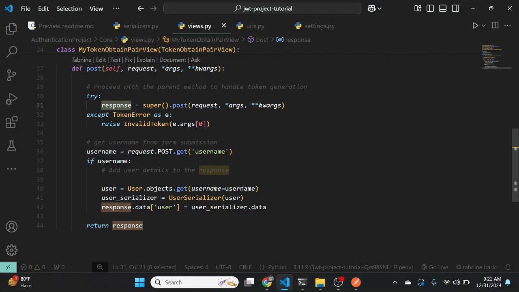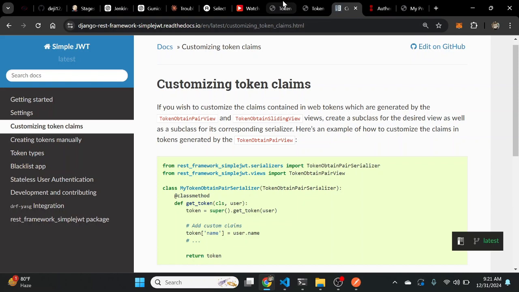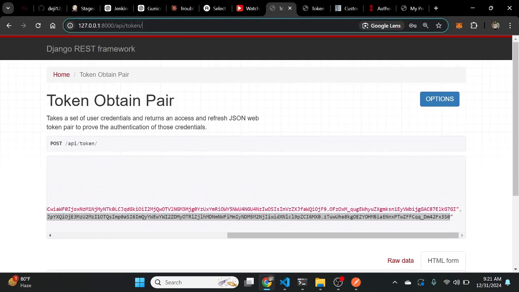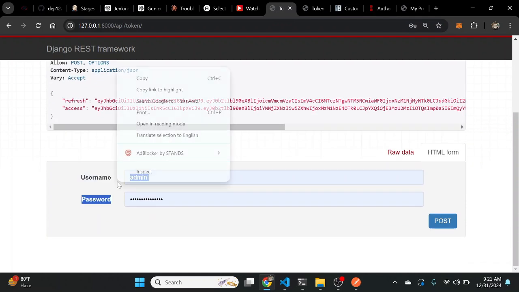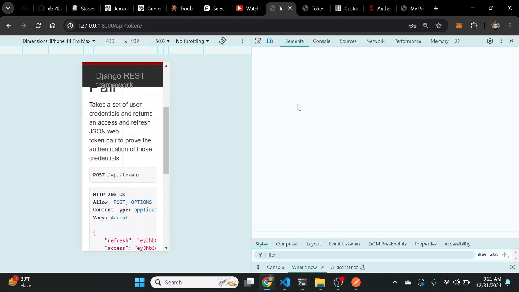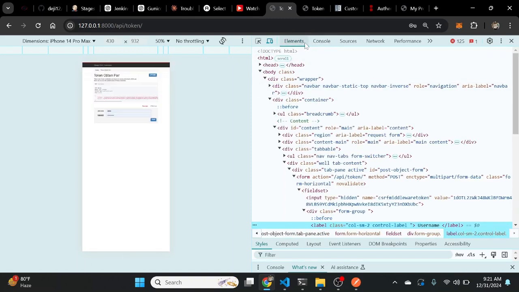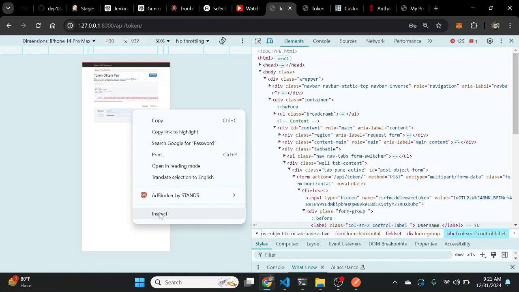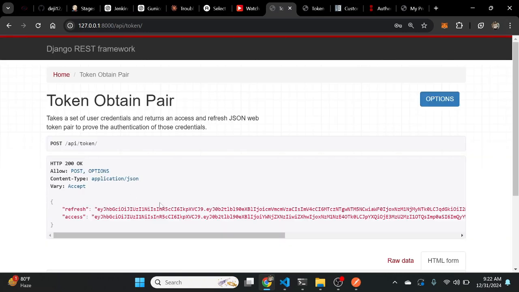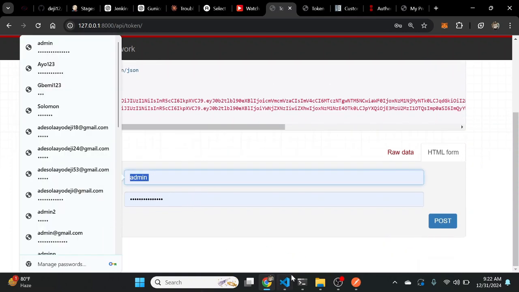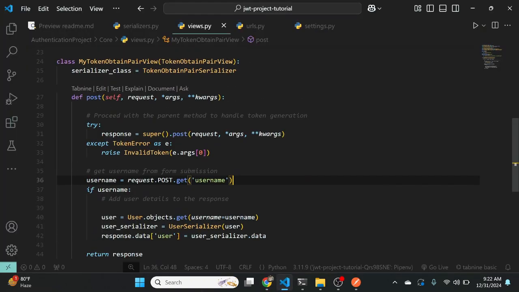So what we're going to do is first get the username that came with that post request. Because if we head back to the endpoint, this token view, which is the view that we visit to log in, we have a username field and a password field. If I go to inspect element and inspect that specific form, you can see that it has a name attribute of username. So what that means is that anytime we fill this form and submit it, in the post request, this endpoint is accepting